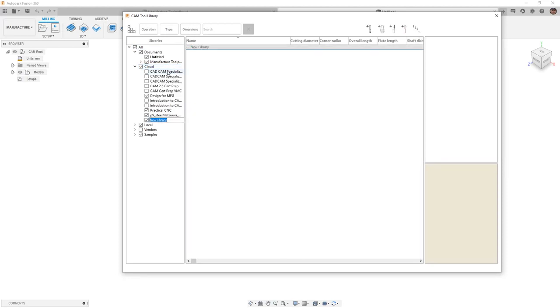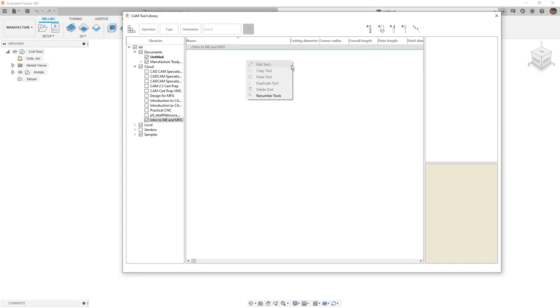For this new library, we're going to call it Intro to ME and MFG. Now that it's selected, note that I have a check mark in the left-hand side. The check marks will allow us to hide or show different libraries and have them be omitted from any filtering. So right now we have Intro to ME and MFG, and inside here at the top you can see that as well. I want to create a new tool inside here, and to do that, notice that if we right-click,